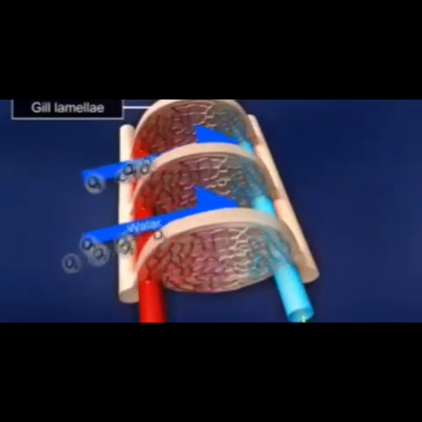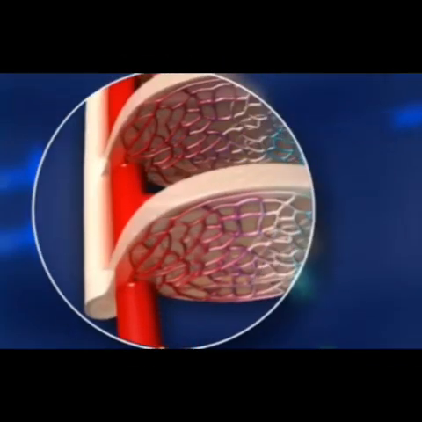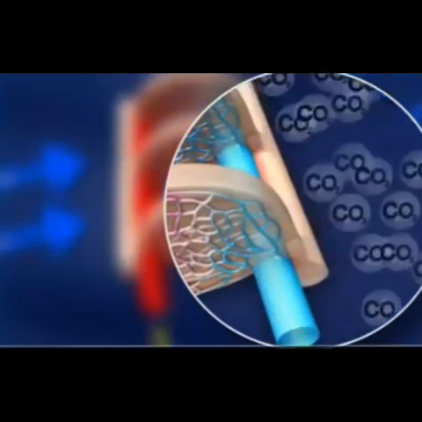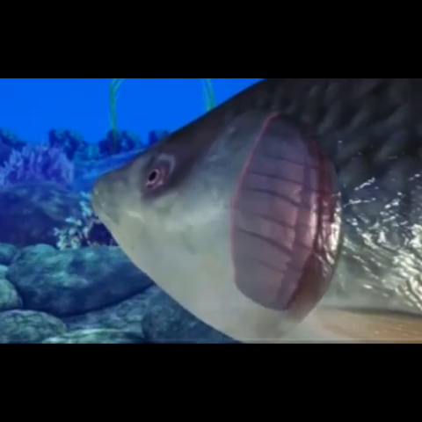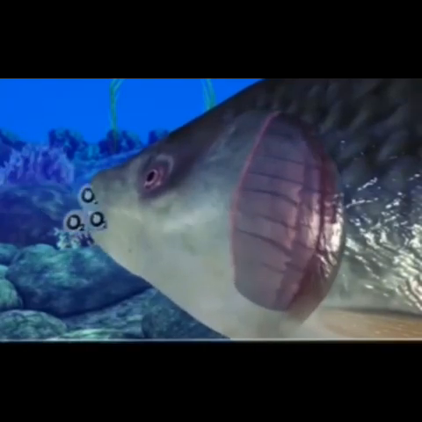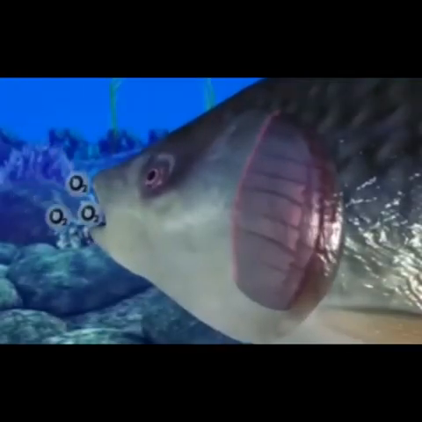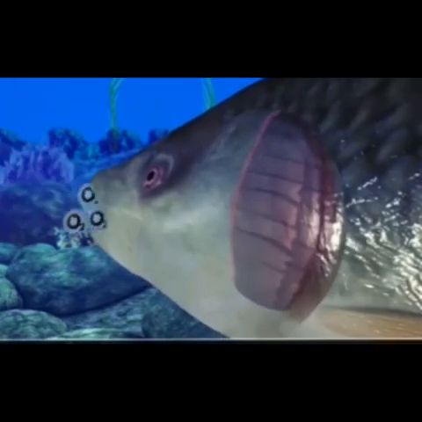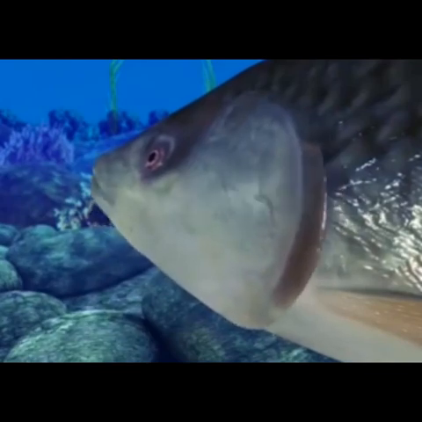That time, oxygen from water is taken to the blood of gills and carbon dioxide from gills is given to water. When gill chamber is opened by lifting the operculum, CO2 containing water flows out. Again, O2 rich water is taken through mouth. This process is repeated. Mouth and gill chamber are opened alternately.